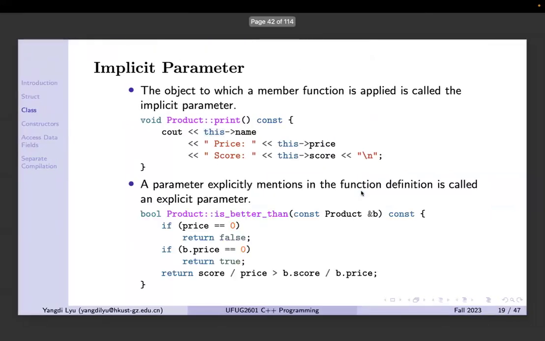We will learn pointers in the future. And this one, we call it implicit because it's not in your parameter list, right? It's not in your parameter list. And the explicit parameter, we're calling this B. This one is in your parameter list. So this one is called explicit, right? We explicitly say this is the parameter. But for this, it's not a parameter, but we could use it